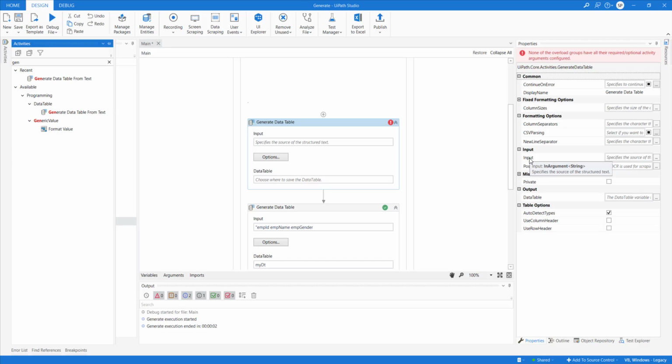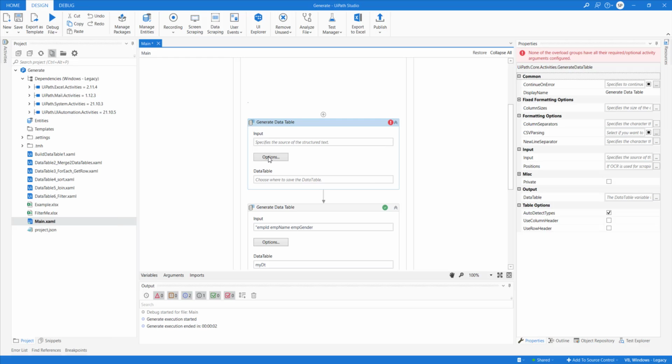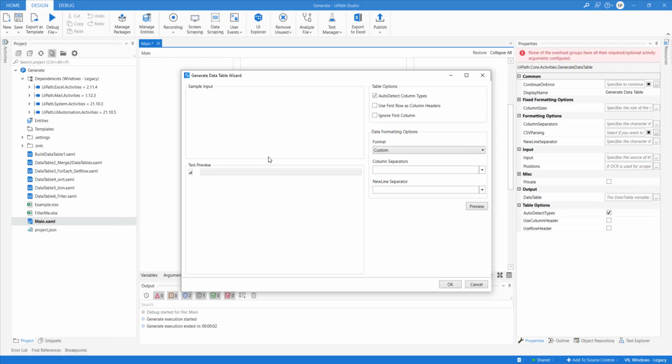The first thing you need to do is use a file activity, read text file. The moment you read the text file by giving the file name, the result will be stored in a string variable. That string variable you can pass here, and then you can provide some options, saying what my format is. The format could be CSV if they are comma separated.